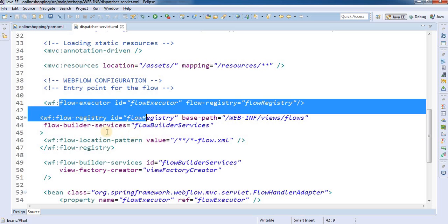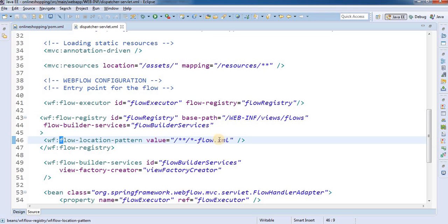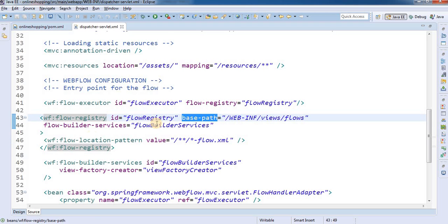So we require flow executor, and we require flow registry. In the flow registry, you can see we are using a location pattern, so we can have more than one flow, because we are using this location pattern to locate the particular flow. The ID would be based on this directory path, which is relative to our base path.